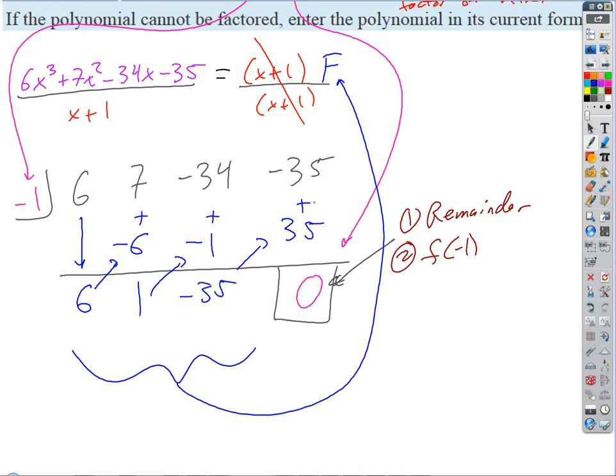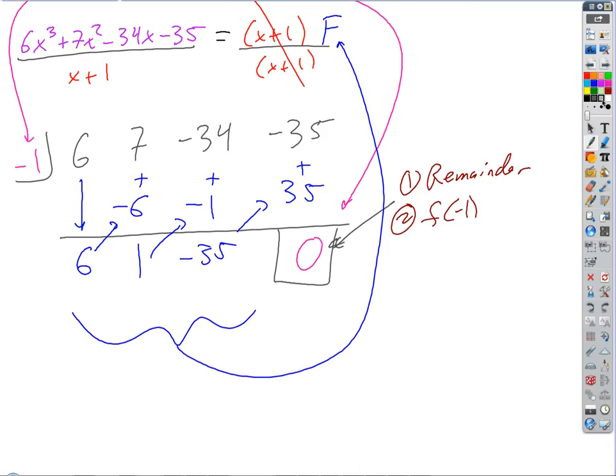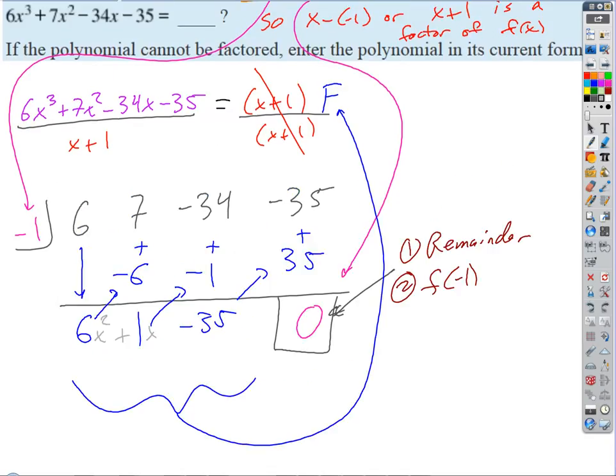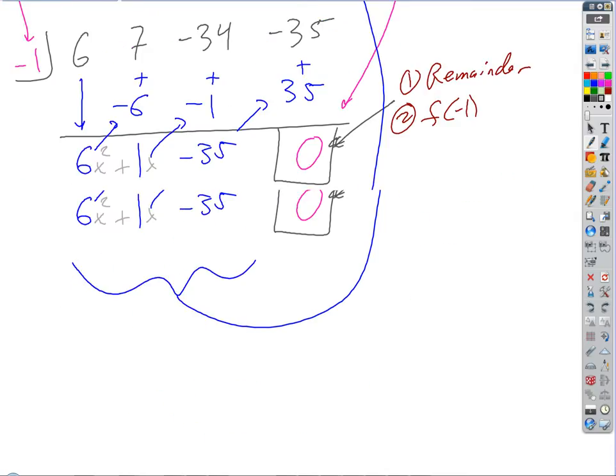So then this is really telling me, down here, what the other factor is. Now, what column is that in? That's the constant. Constant, x. x, x squared. x squared. So we're going to get 6x squared plus x minus 35, right? That's what's going to go there, right? So then we could say that